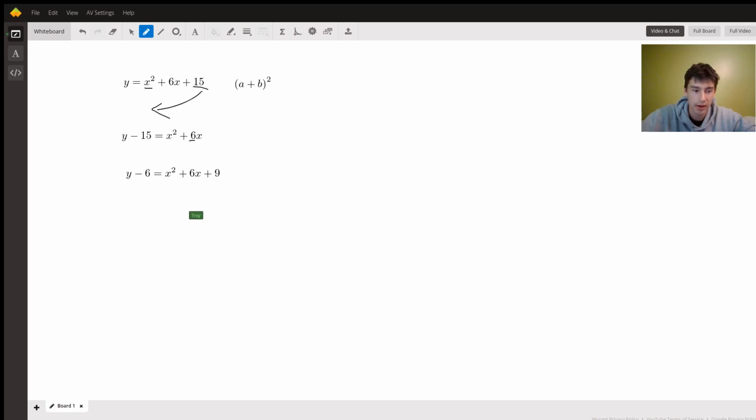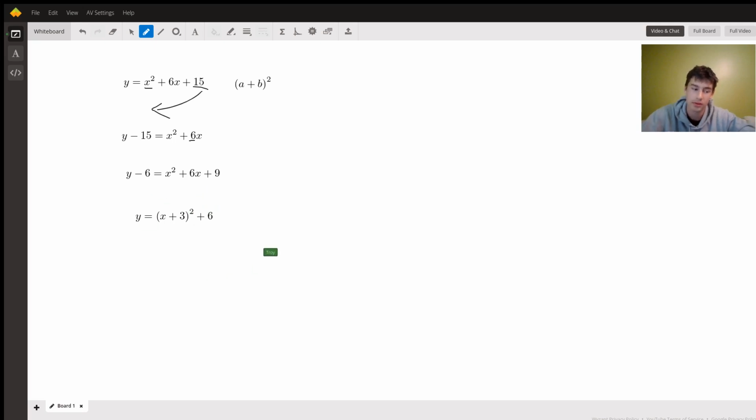And so when we rewrite it like this, we can then add this constant on the back end. And so we're going to get this squared binomial, and we're going to get the constant as well. So write that out real quick. All right. So these are equivalent. What we've done is we've factored out this right side to get x plus 3 squared, and then we've added